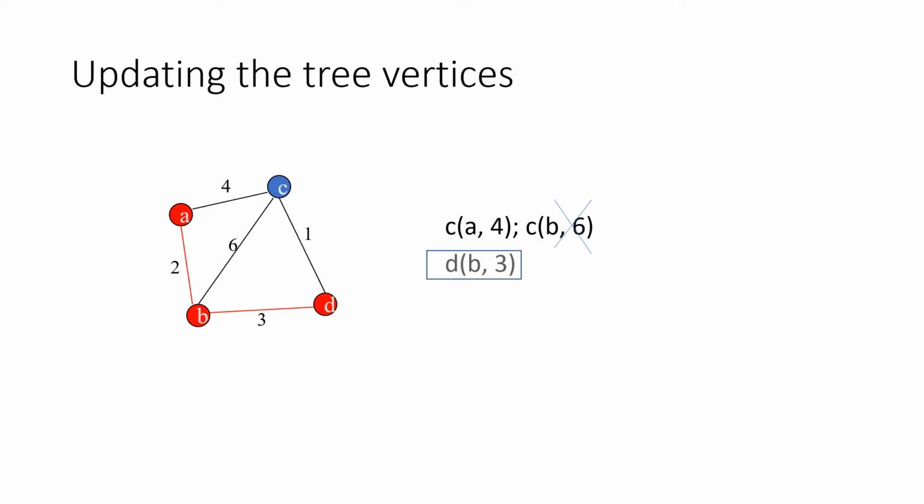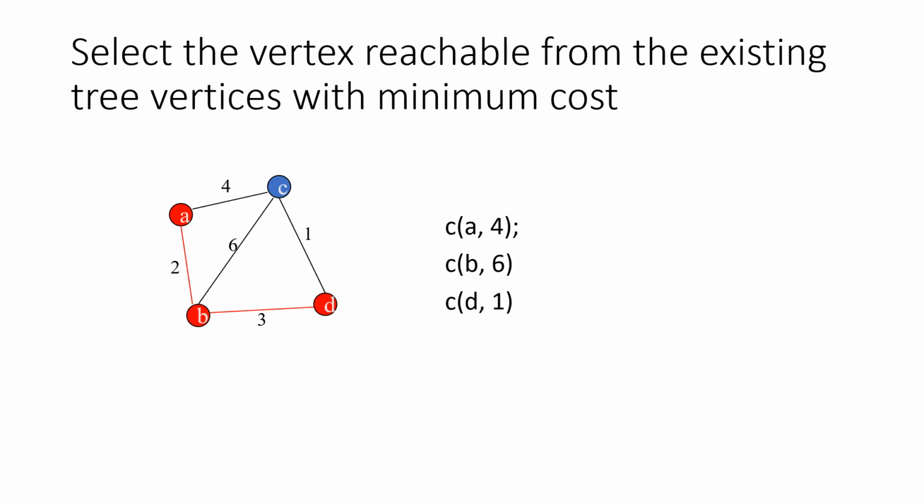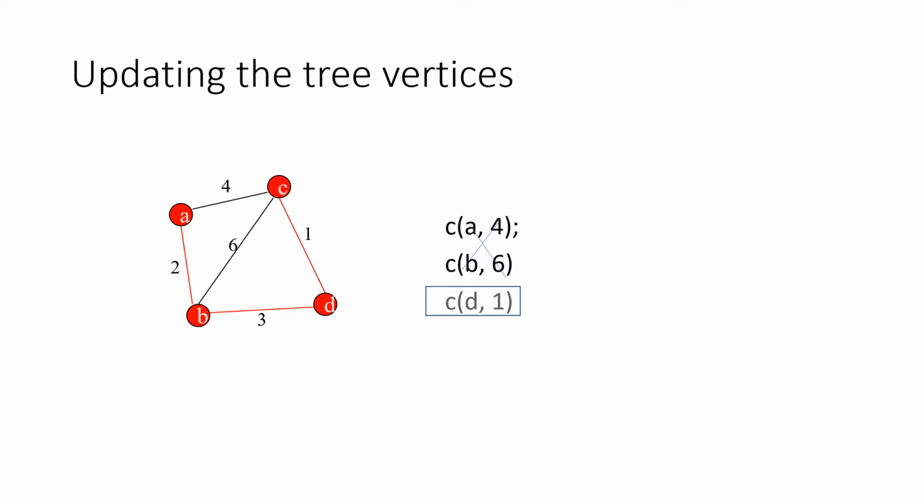But as told earlier, though there exists more than one possibility, we have to opt the possibility with minimum value, right? So among these 3 possibilities, which has the minimum value? The edge from the vertex D to vertex C is the minimum value. Hence we go for that option, right? We select it while leaving the remaining 2 options. Hence we have updated it, we have also included it.